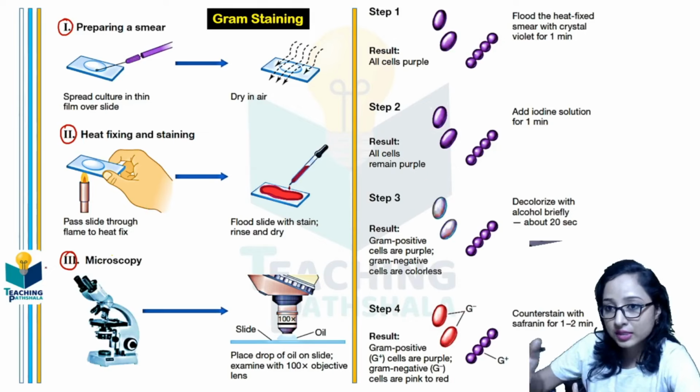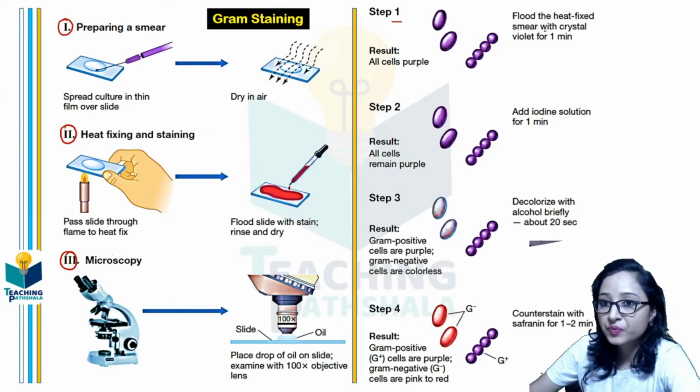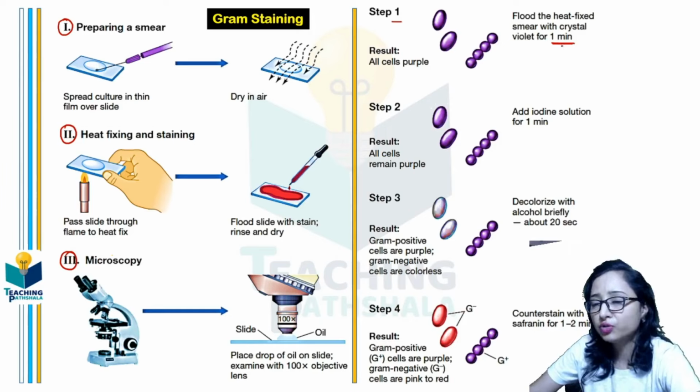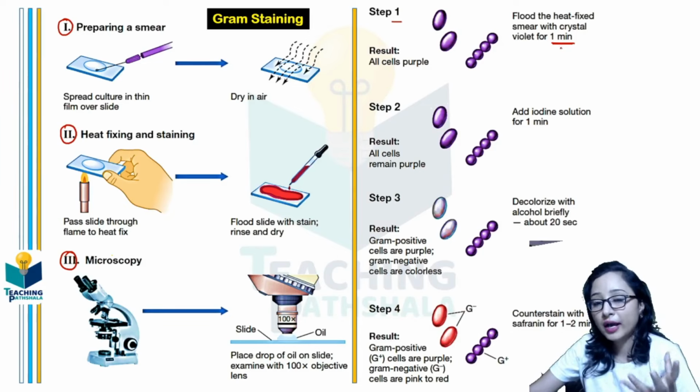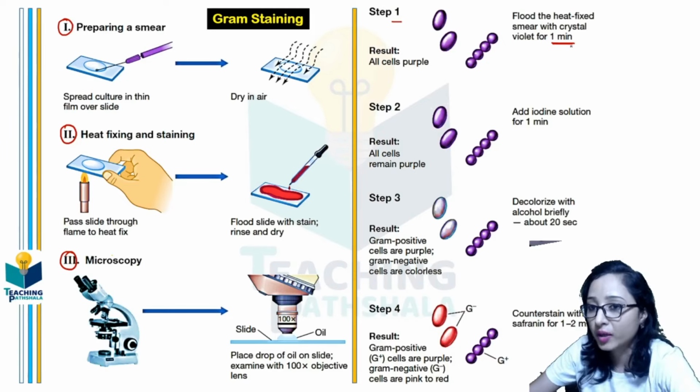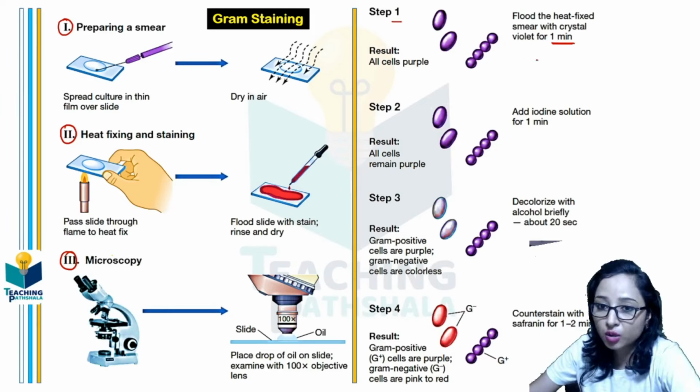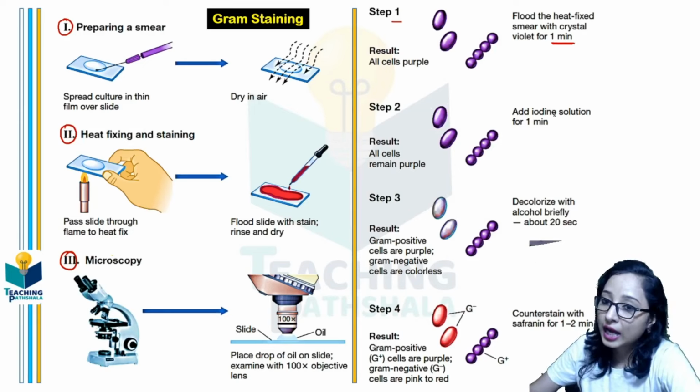And if you want to discuss in detail, the first step is that we need to apply the crystal violet for 1 minute. Okay, so this is a detailed discussion of how the gram staining works, or what is the principle behind gram staining. First of all, we treat these cells with the crystal violet, and there should be a connection between the crystal violet and our sample for 1 minute. After that, we wash it with normal water, and then we add iodine, and again the duration will be 1 minute.